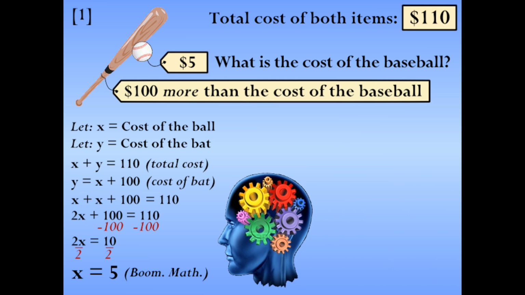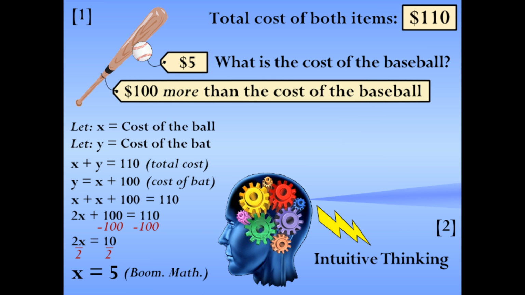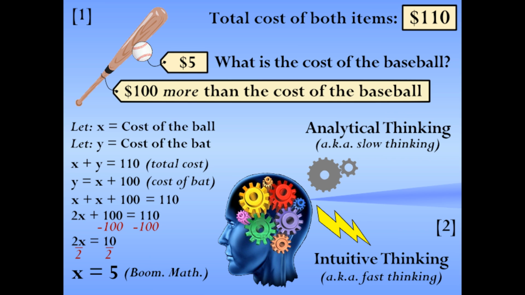So why is it that we find $10 to be such an appealing answer? An explanation to this pertains to the two different processes of thought involved in decision making. Cognitive theory of decision making supports that we have intuitive thinking, which is also known as fast thinking, and analytical thinking, which is also known as slow thinking. Conclusions reached through intuitive thinking are what your brain finds immediately appealing and constitute gut reactions, while conclusions derived from analytical thinking are arrived at through logic and reasoning.